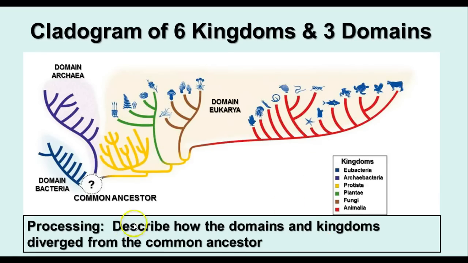So all of these diverge from a common ancestor in the far distant past at one point or other. More recent thinking has the Archaea and the Eukarya on a branch separate from the bacteria, and then there's another branch here. So that understanding and knowledge about this is still evolving over time as we learn more and more things about organisms.